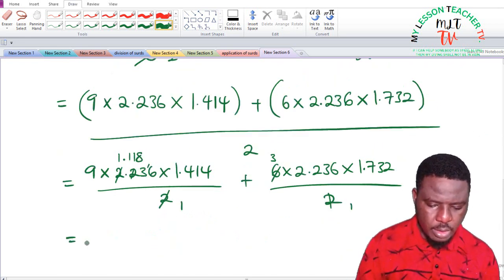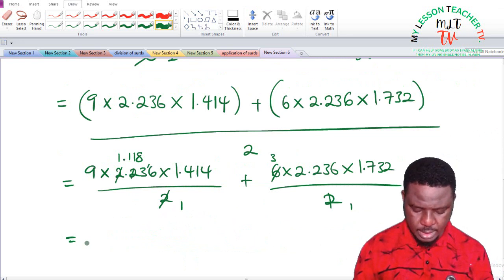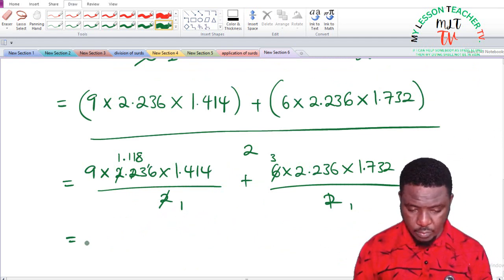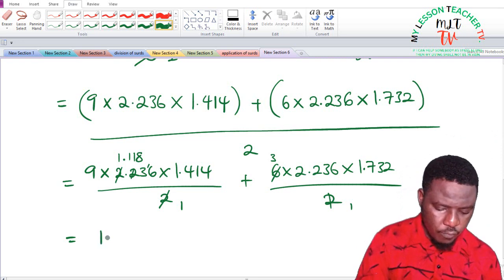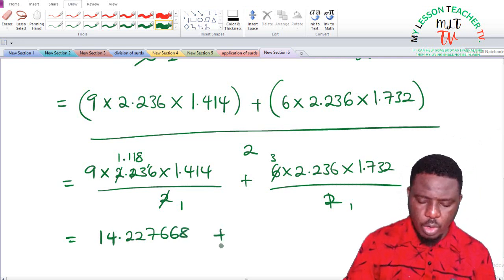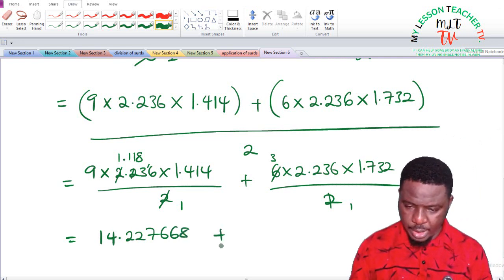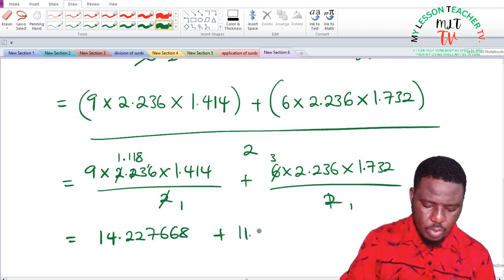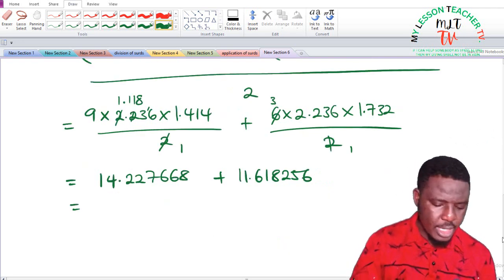Using your calculator, when you multiply 9 by 1.118 times 1.414, you are going to get 14.22768, plus 3 times 2.236 by 1.732 gives us 11.618256. When you sum both of them together, it gives you